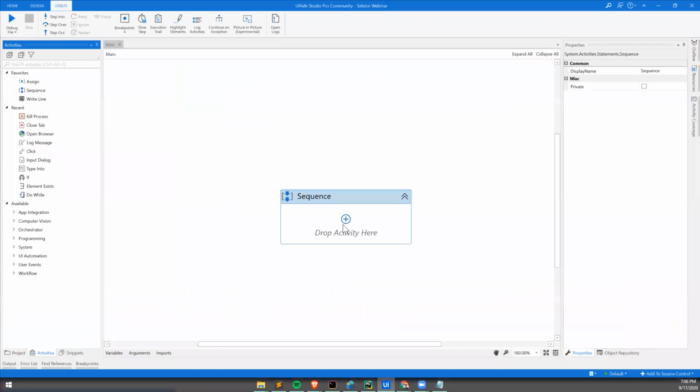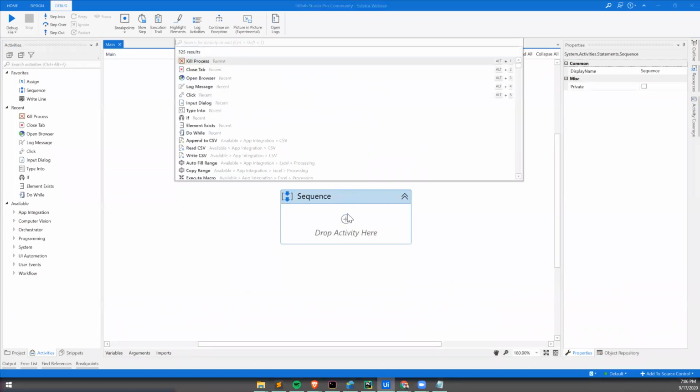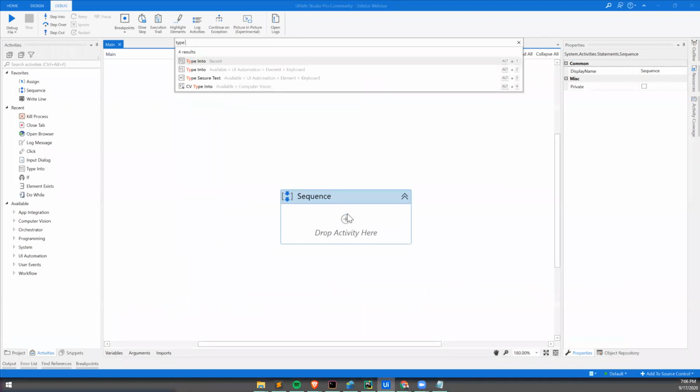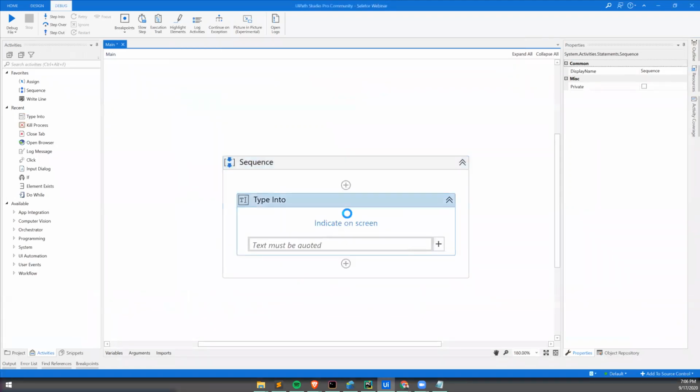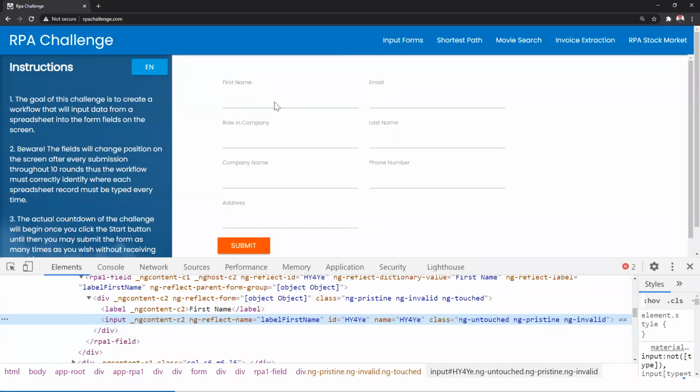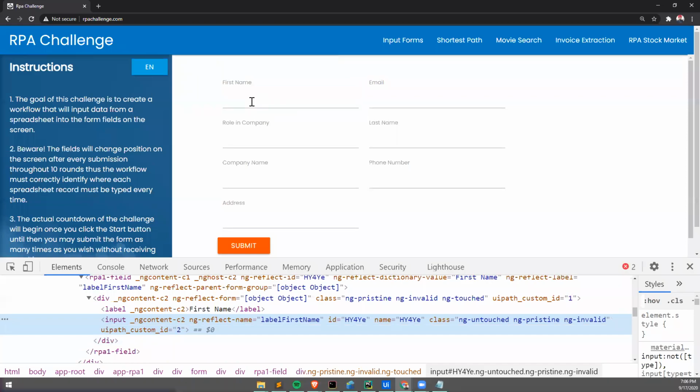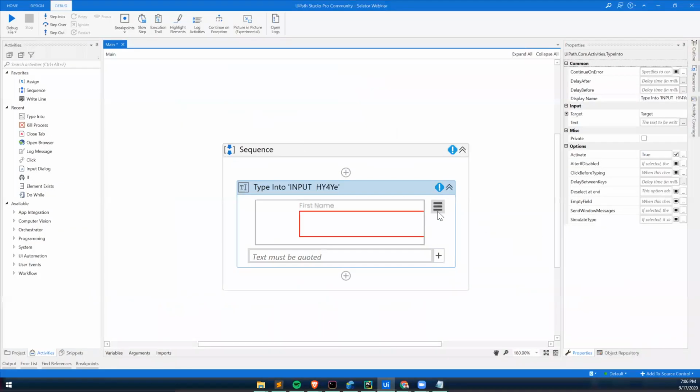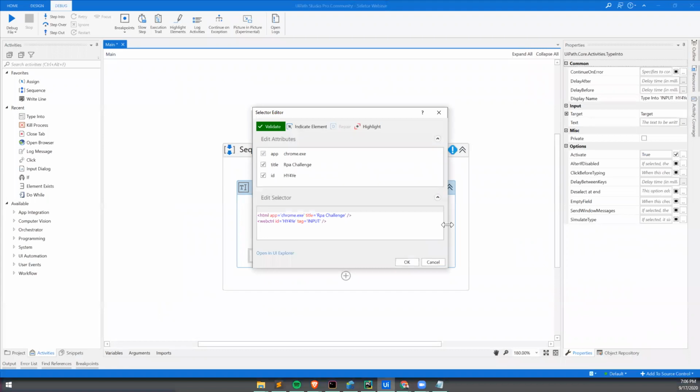Let me show you what type of error you can face. I'm going to add a Type Into activity here, and I'm going to indicate on first name. So Ishmeet, I think most of our folks are familiar with this. This is nothing but the dynamic nature of a selector or an element. Absolutely. So what we are seeing here is our bot has simply picked up the ID, and since the ID is dynamic,